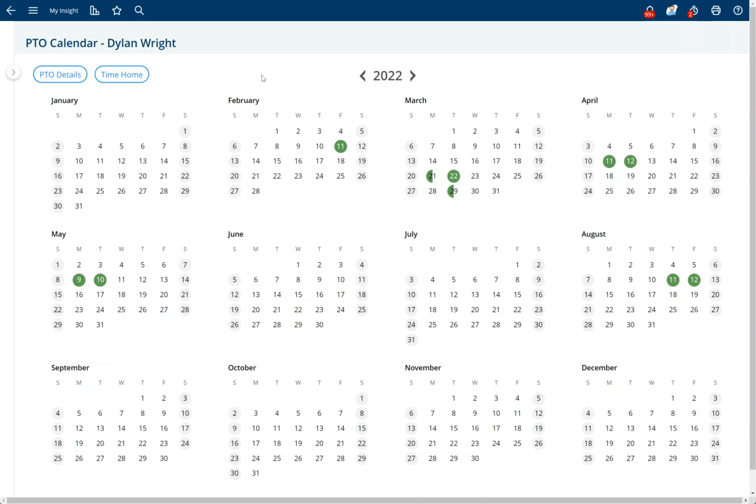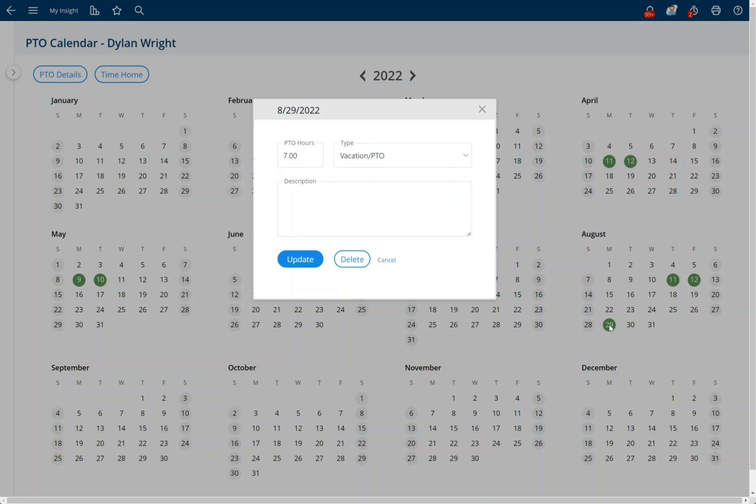So let's go ahead and add a PTO day for Monday the 29th. And this page right here is the same page that you go to for your PTO calendar. So anyone can come to edit their own PTO schedule. So if you come in here and I choose the 29th, then I can also double click on it